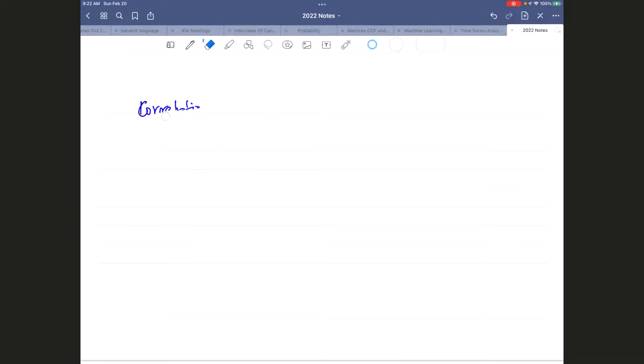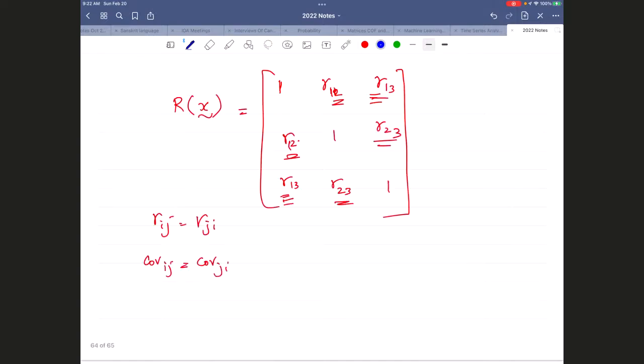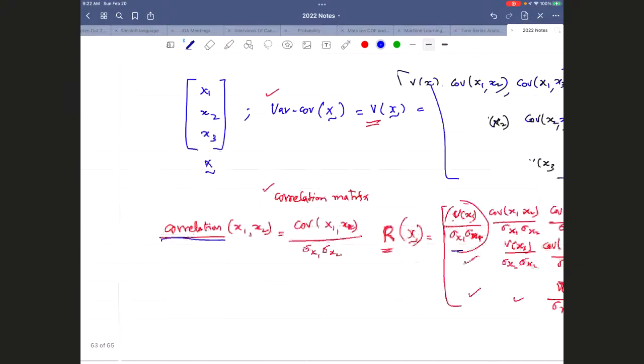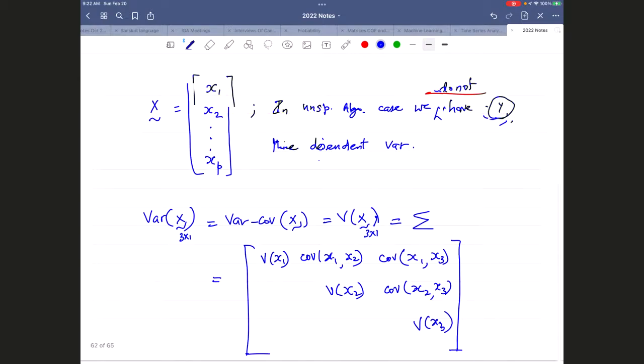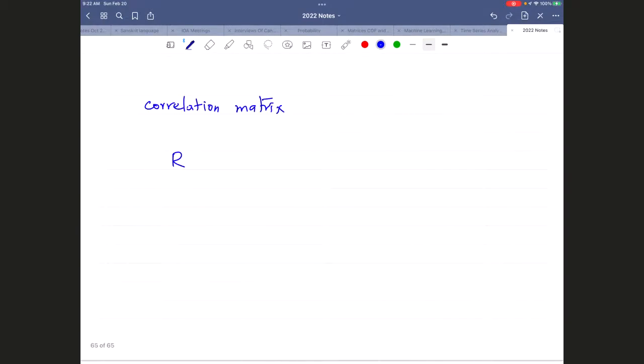The correlation matrix is sometimes denoted as R. In the case of variance-covariance, it is denoted as sigma, capital sigma, okay? These are standard notations. So R is equal to